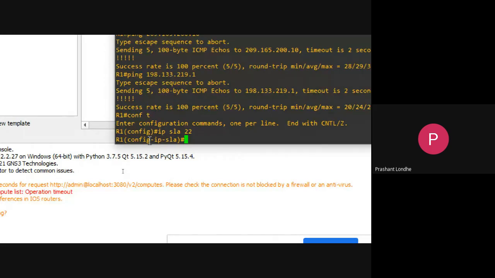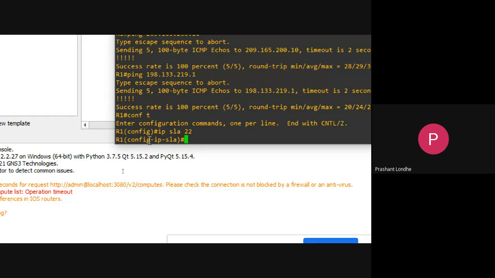So what is the IP address for the web server? The IP address for the web server is 198.133.219.1. Now I need to choose what kind of service level agreement to configure. The type is the IP SLA ICMP echo.